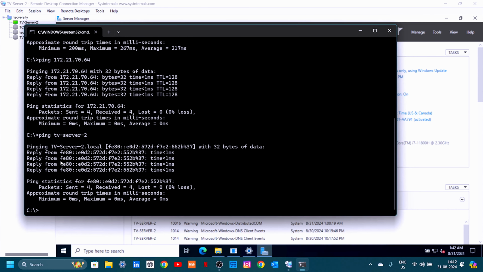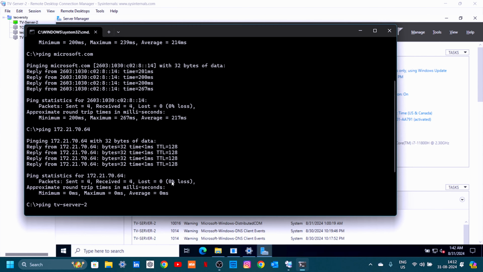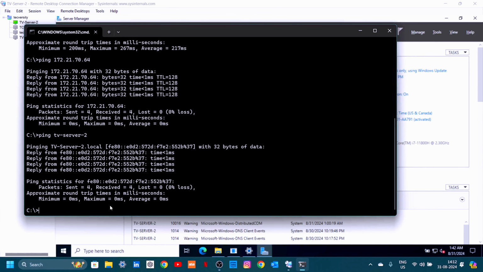Now whether I'm pinging Microsoft.com, Google.com, or within my machine, it is sending 4 packets and receiving 4 packets. Let's see what we can do if I give ping, the server name, and -t. -t is for unlimited, which means it will keep sending messages and will not stop.